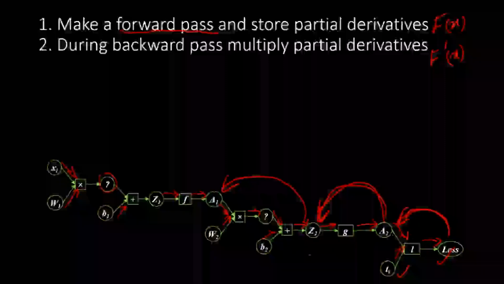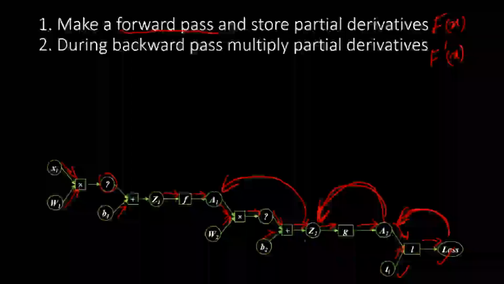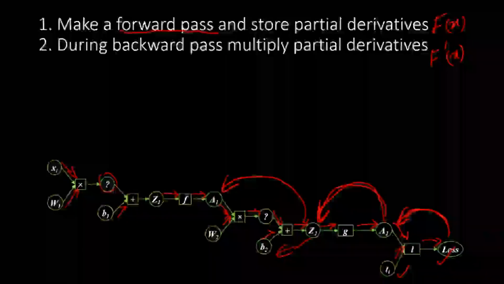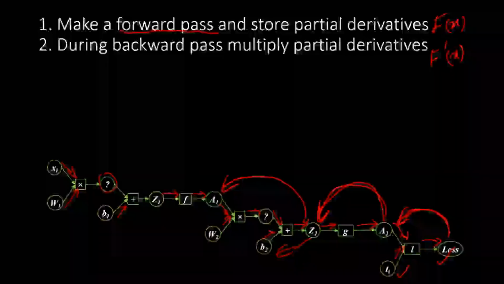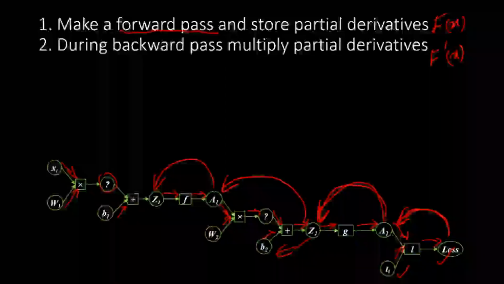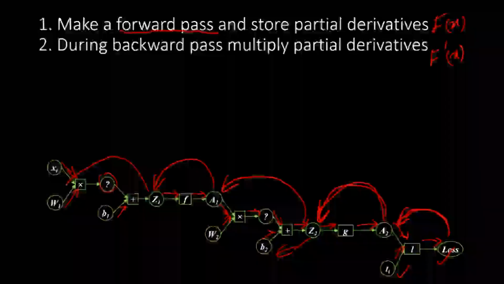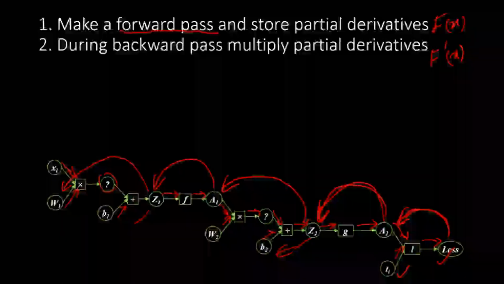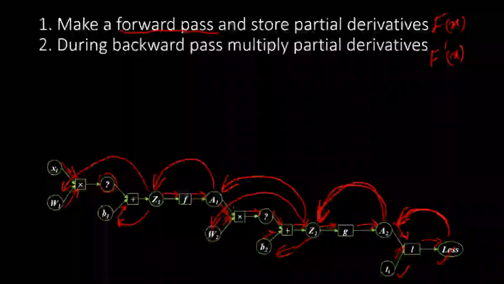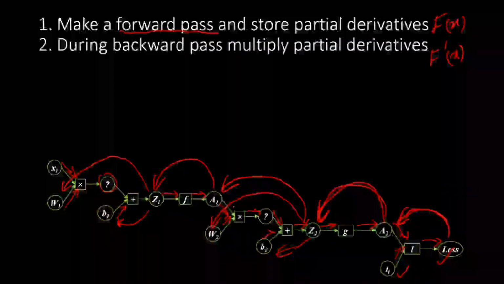and if we are computing the derivative with respect to b2, then we don't need to do that. We just basically compute the derivative of z2 with respect to b2. That is a side step we can take, but I'm talking about how to go deeper into the neural network. And then again we will take the partial derivative with respect to z1, and then we will take the partial derivative with respect to w1. So we can take partial derivative with respect to w1 as well as b1. Here also we can take partial derivative with respect to w2. So these are all the partial derivatives that are being computed, and whatever is in the chain gets multiplied, right?